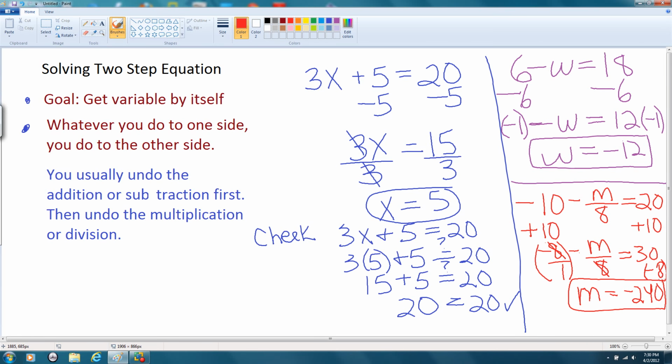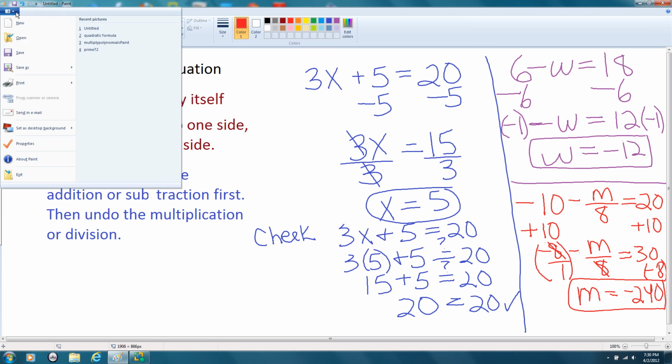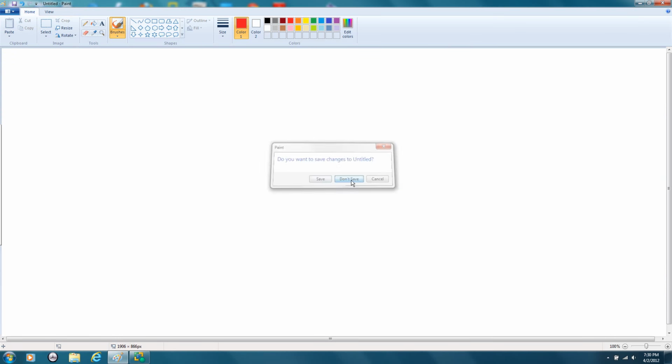I'm going to do a couple more problems here. So I'm going to get rid of this here. So let me get a new page, and we won't save this. The next one, sort of similar, but let's have a little more practice with,